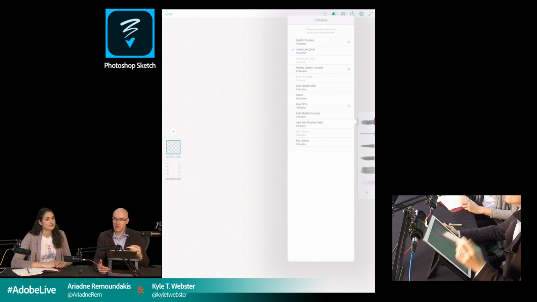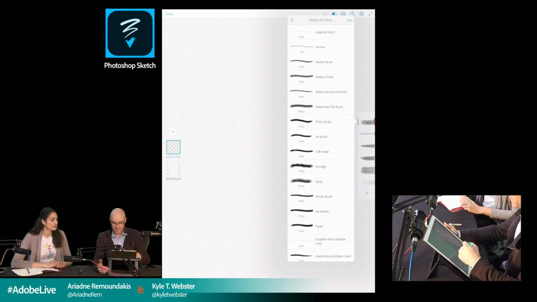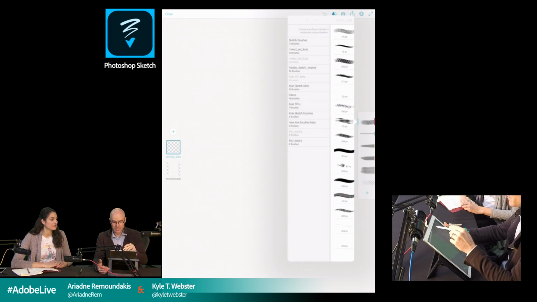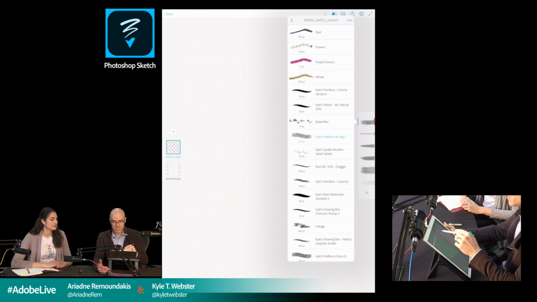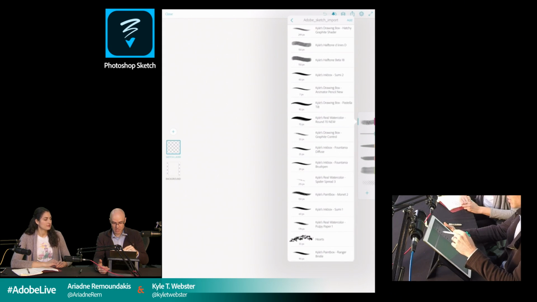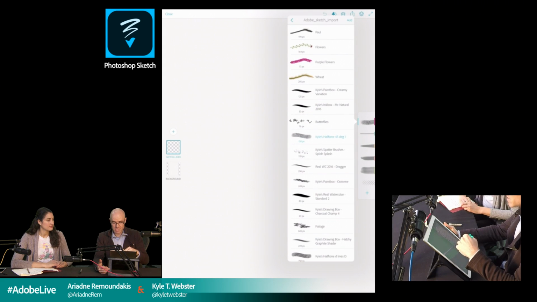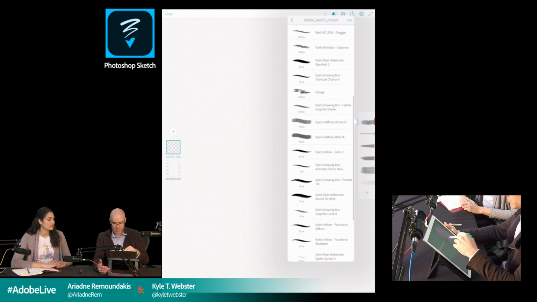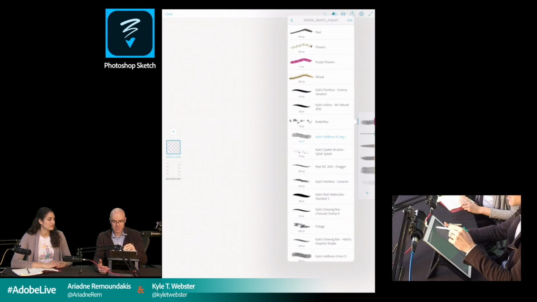loaded before, and so I can go between these libraries of brushes that I've imported, these different TPL files, so I can get different brushes I need. For example, if I select Sketch brushes, then these are the brushes that come with Sketch. If I select Mixed Set, this is the one I just brought in. And if I select Adobe Sketch Import, this is a shared library of brushes from myself and Paul Traney, as you can see. So this has some of my own brushes and some brushes that he's built actually using Adobe